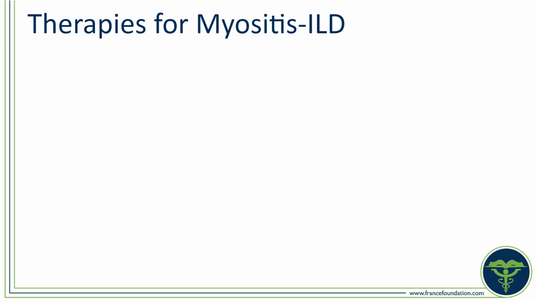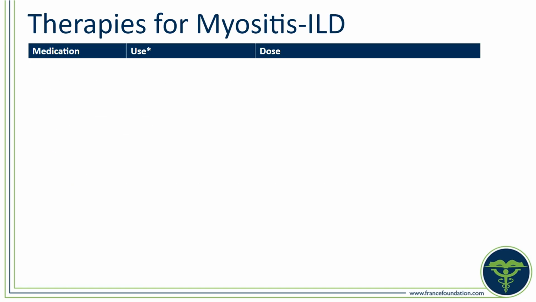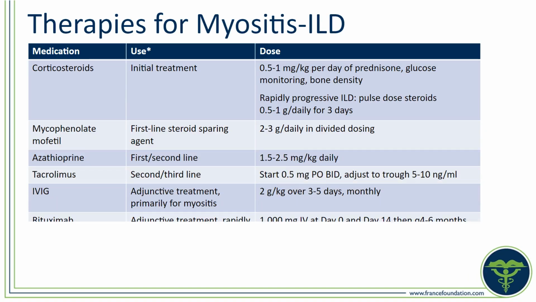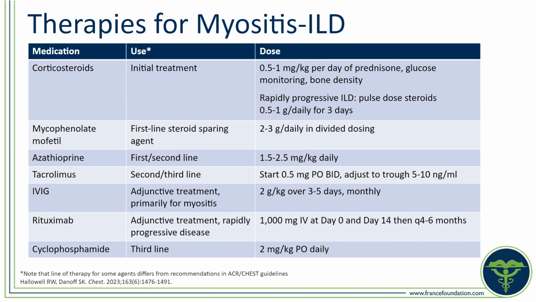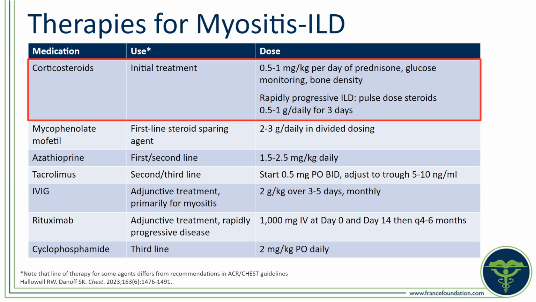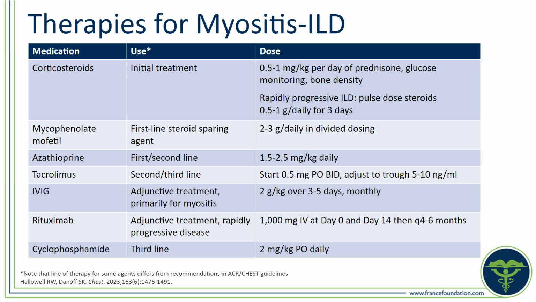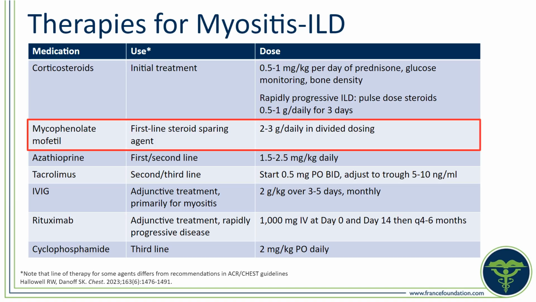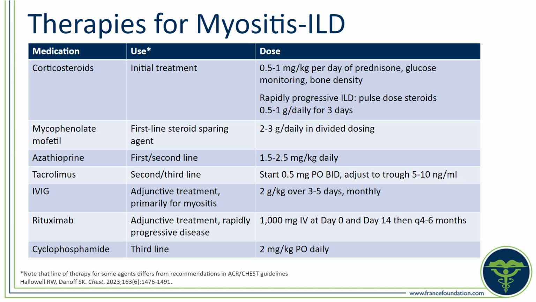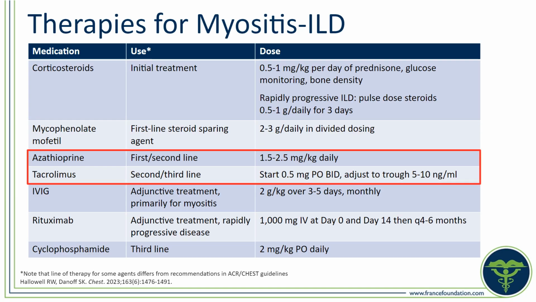Let's move on to the treatments for myositis ILD. So this chart summarizes the various treatment options for myositis ILD. And the first-line treatment initially is starting with corticosteroids with the addition of a steroid-sparing agent. There's a lot of variability in terms of practice. As I mentioned previously with the ACR chest guidelines, mycophenolate mofetil has come to the foreground in terms of treatment for myositis ILD. However, other steroid-sparing agents are used as well, including azathioprine, tacrolimus,